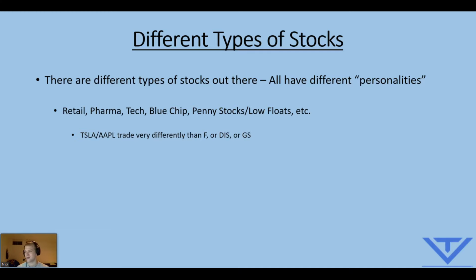If you also think about it, there's also different risks and different volatility concerning these stocks and personalities. For example, a pharma and a biotech stock might move more because they have more overnight risk. Overnight, a pharmaceutical company could have a bad study result for a new drug and tank, and next day they're down 20%. Or vice versa, they could have great news and be up 20%. Every stock has different risks associated, different personalities, different volatility, and that's why, when we talk about this, you need to understand that